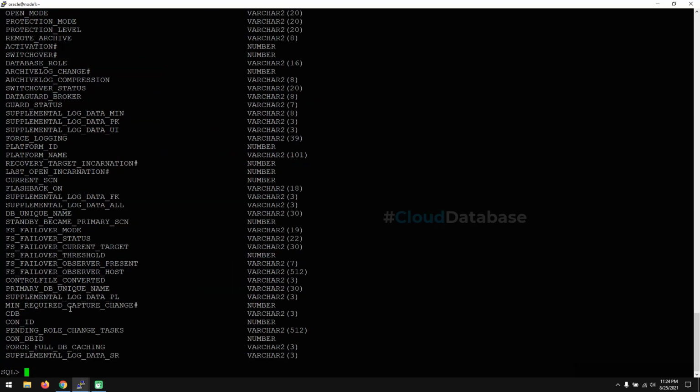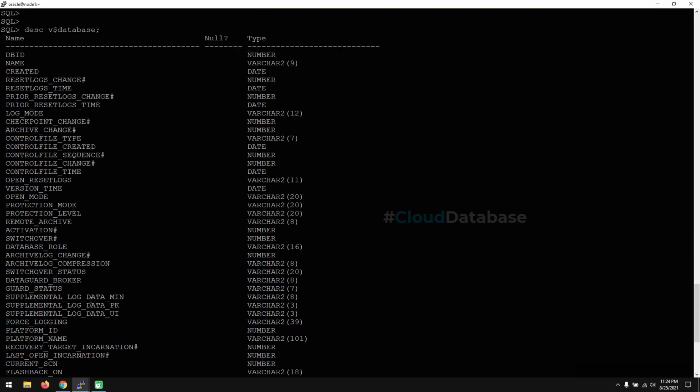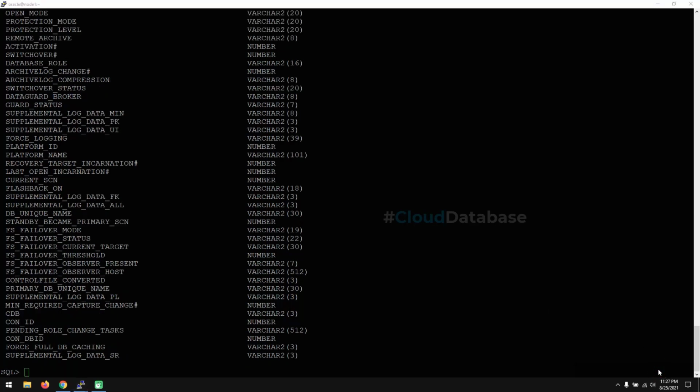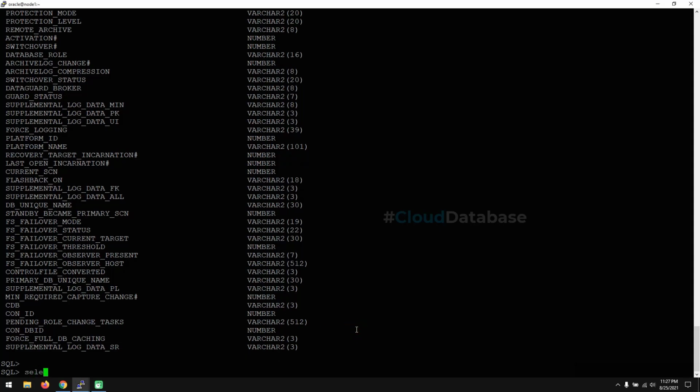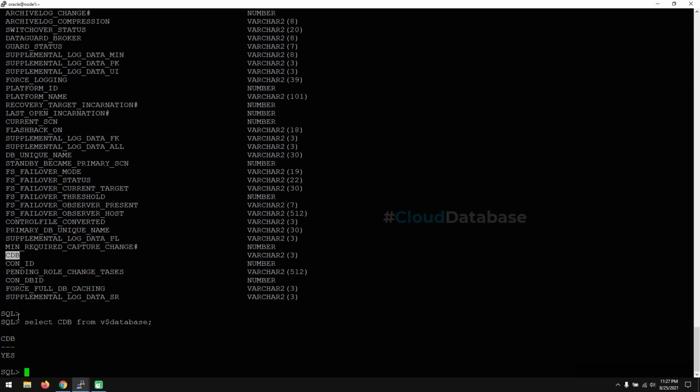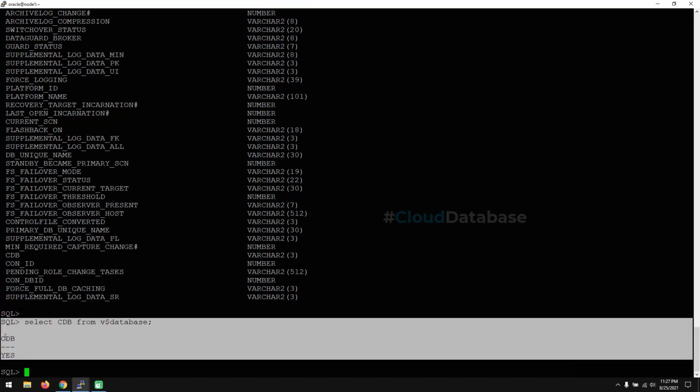So I'm just showing there is an option to check whether this is a pluggable database or not; we can easily see that. That's the reason I'm checking that view. One second, I will show you that. We need to select the column CDB from v$database. If you want, you can take the con_id also, but it's not needed. This is a very easy method to check. If you get YES, it means this is a container database.